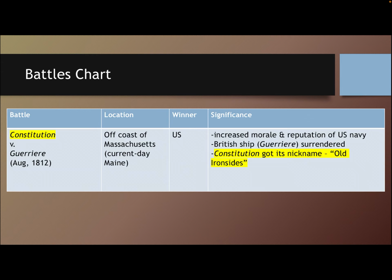And then we reviewed. There's a study guide attached to today's page to get you ready for your quiz tomorrow on the causes of the war. And then we moved on and read about the Battle of Lake Erie, filled in the battles chart for that, and important people. So I'm going to just walk you through the USS Constitution versus